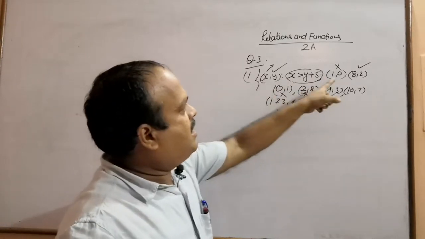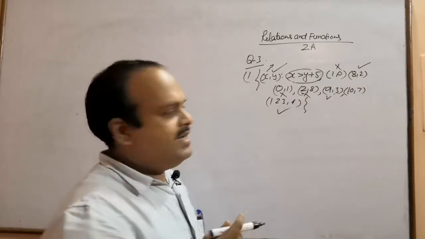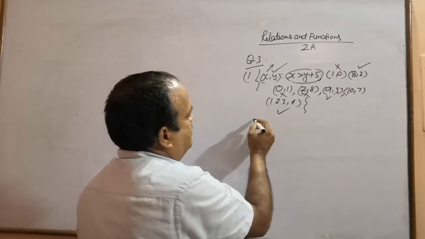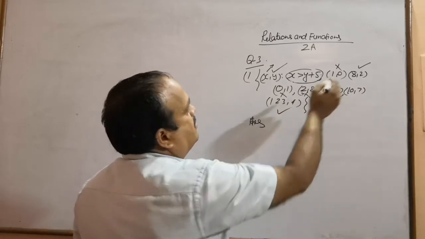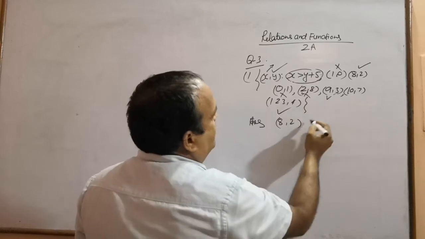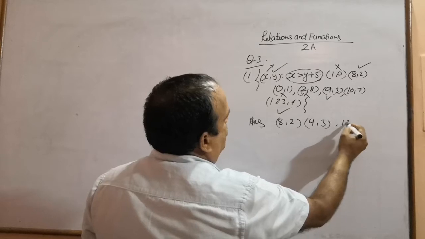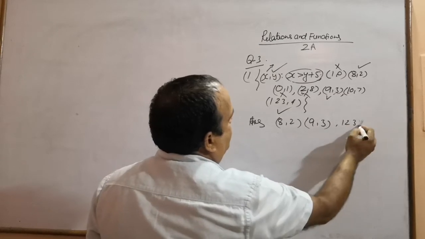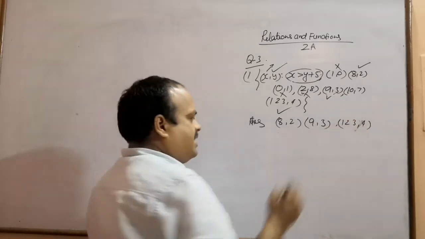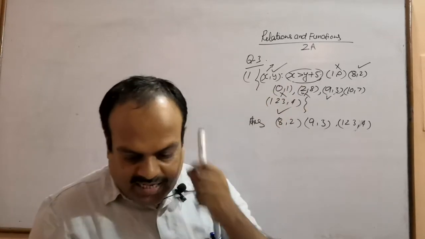So out of 7 ordered pairs, 8, 2; 9, 3; 123, 4. These 3 ordered pairs will belong to the relation. Next,